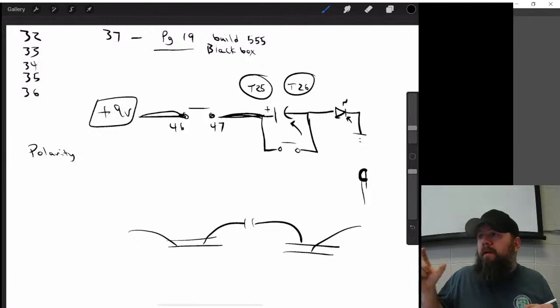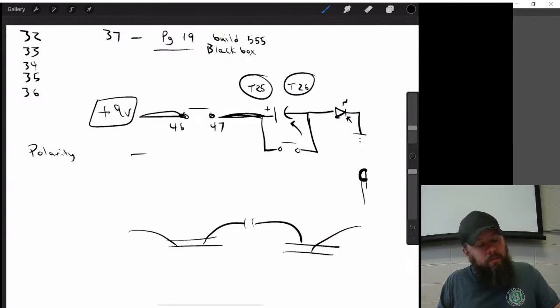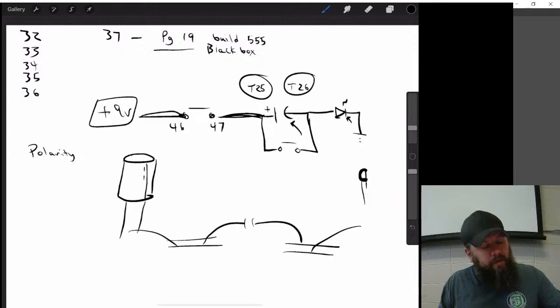When you get bigger into like the microfarads, most of those are electrolytic and they are polarity sensitive, okay? Most of the time, they look like a little canister like this, and they'll have a little line down it. They'll have a negative that's just going down the side, okay? That means always put that leg toward the negative part of the circuit or you're going to pop that cap,